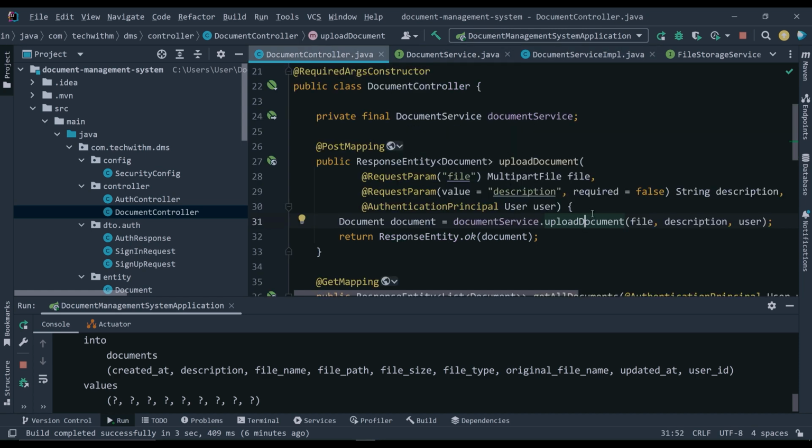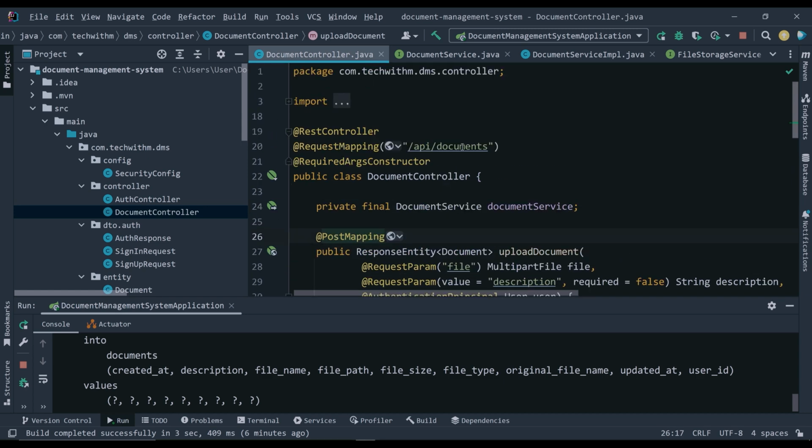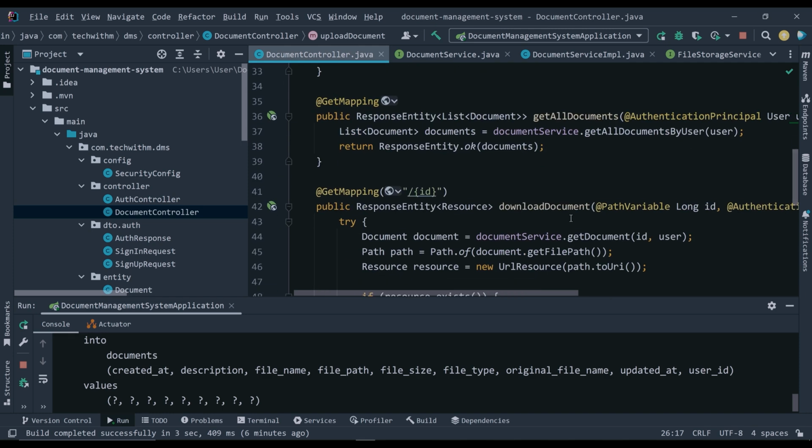So document controller is the entry point, and by default we did not apply any pre-authorize type of annotation for this, because this API is open for all authorized users, and that is handled in the filter by Spring Security. So let me know what other good practices you would apply if you implement this in production. For now,